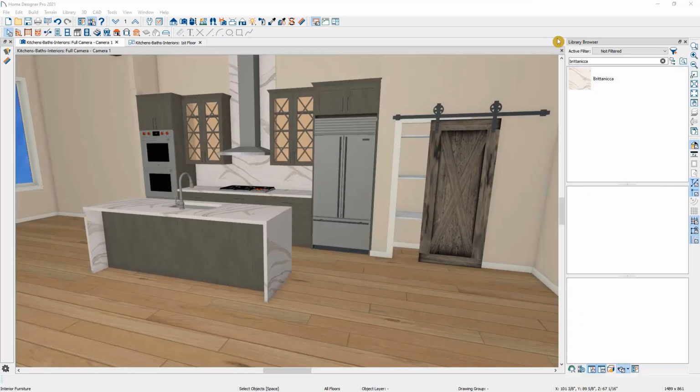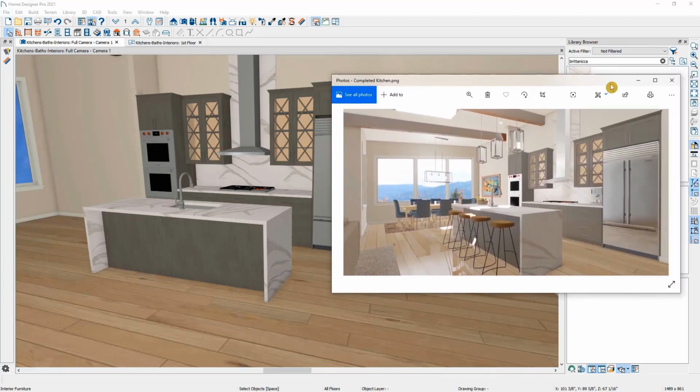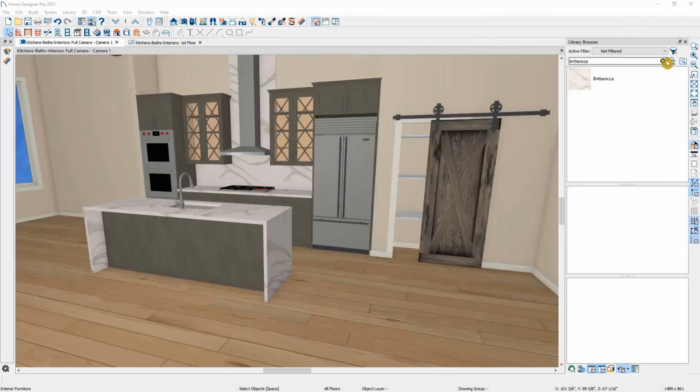I'm going to make this our full screen again. So next I want to talk about adding objects and accessories into the design. You can see in our completed photo that we have furniture in our living room, some stools, a fruit basket, and other accessories throughout. These are just objects in the library browser. If I come over to the library browser,